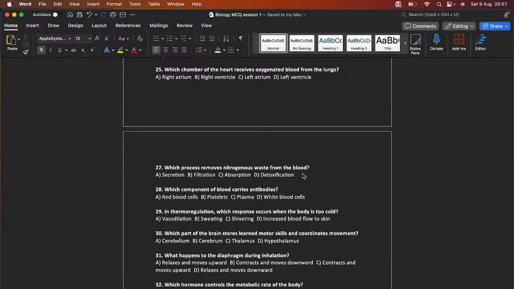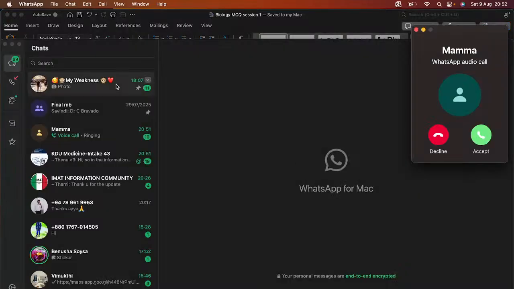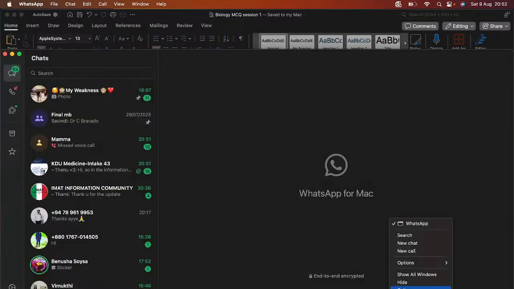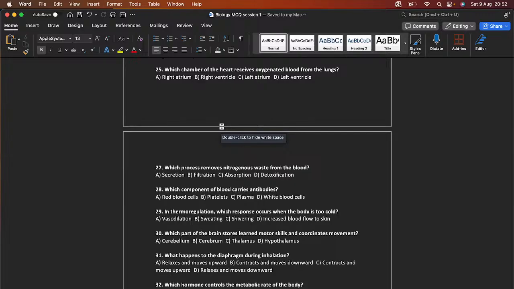So one second. Okay, so we were talking about the systemic circulation, and all the oxygenated blood will be found within the arteries, and the deoxygenated blood will be found in the